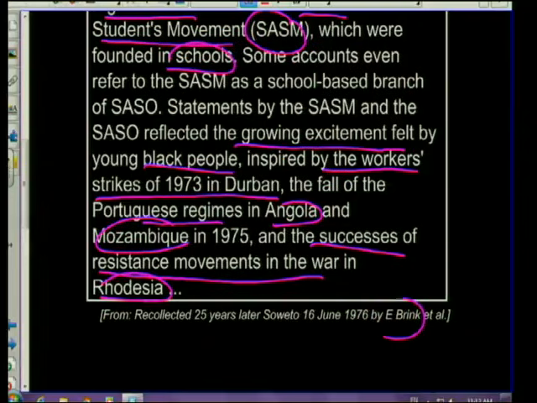Very important. Let's ask ourselves very quickly, what is the source about? It focuses on the influence that the black consciousness movement had on other little organizations that fell under the umbrella body of black consciousness, filtering into universities, into schools, into communities. Let's look at who wrote the source. It was by E. Brink, focusing on June 16, 1976, and it was recollected 25 years later. So certainly we know from this it was not a first-hand information source.